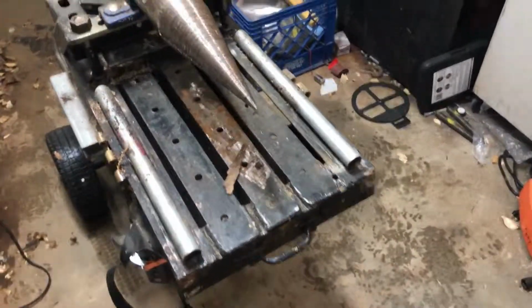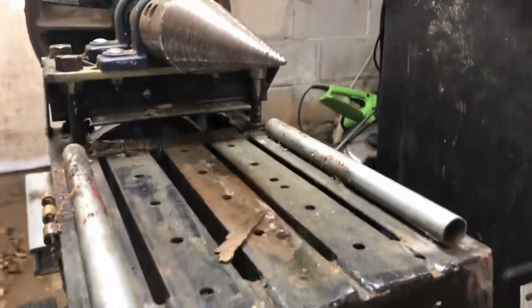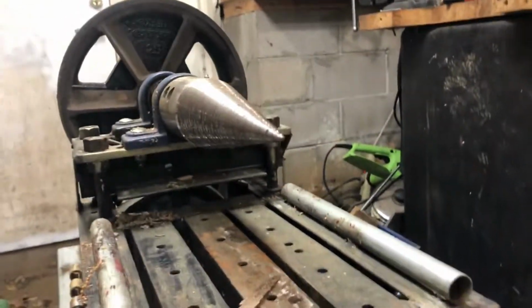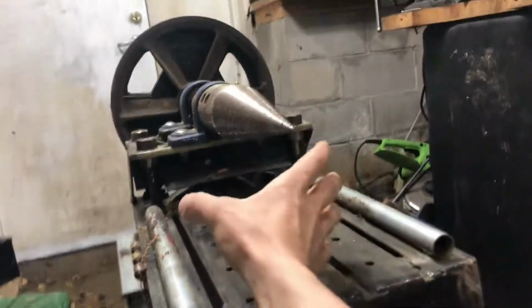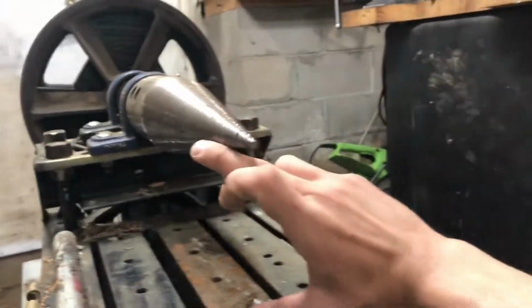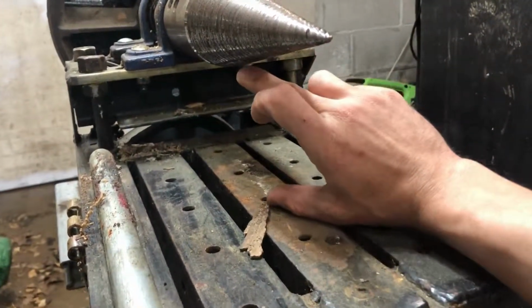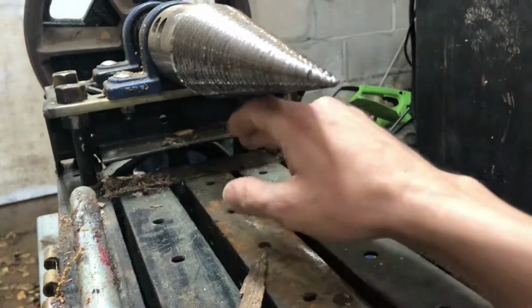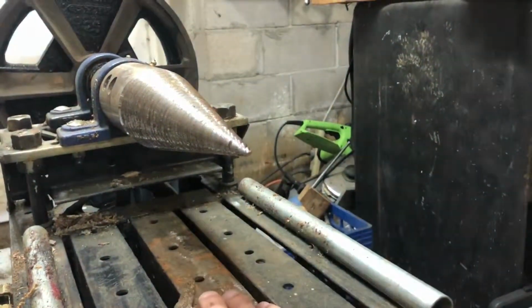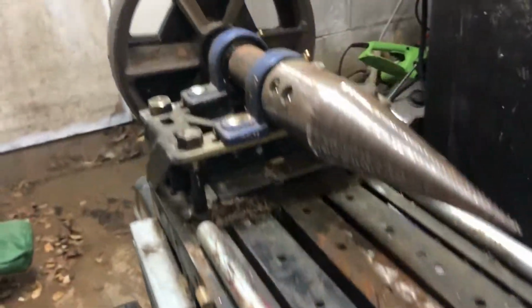Alright, so some of the specifics of this thing. This table here is way too far away from this thing. My first run, I bent my shaft. My piece of wood turned sideways and went in sideways. Now, if you can imagine, you have 4 inches of wood right here. As it goes, it runs out of room, and it just pushes this up, because the grain of the wood is its strongest when you're just trying to compress it. This can't compress it, so it just bent my shaft,